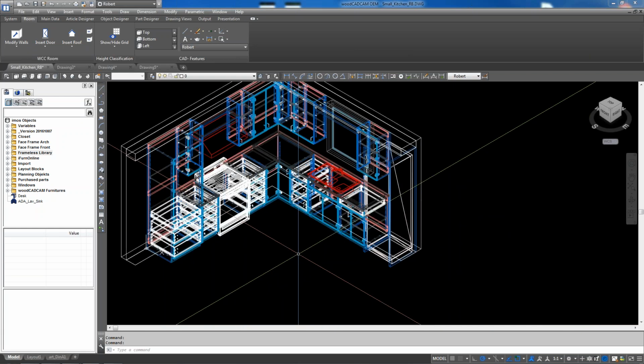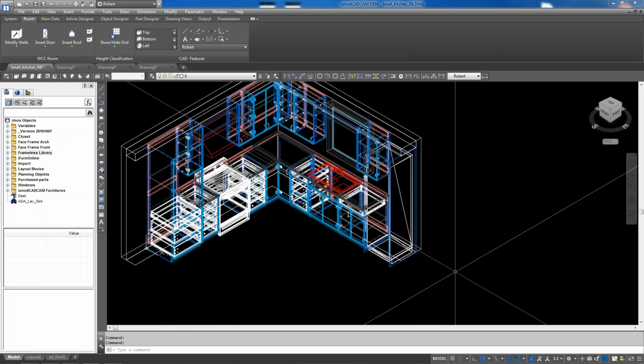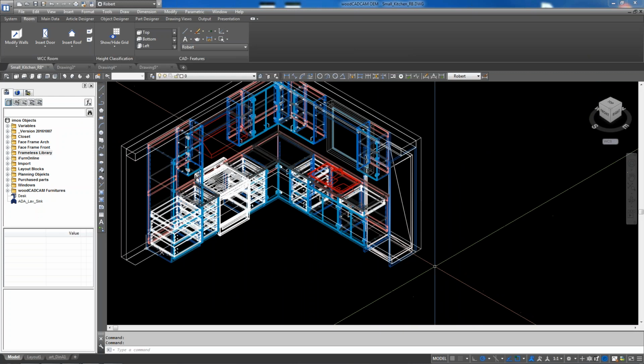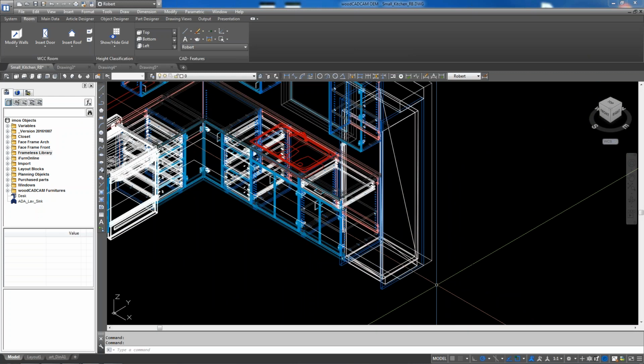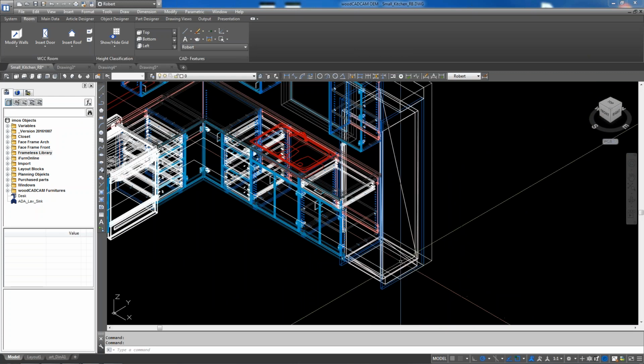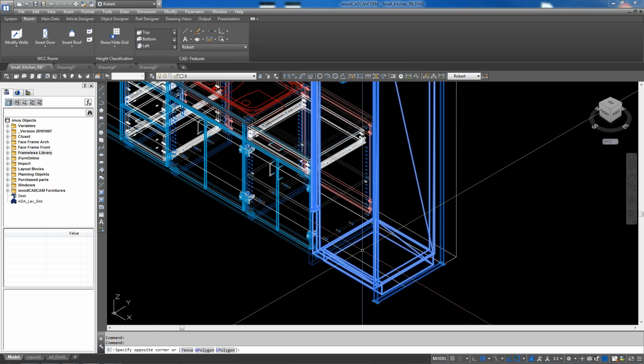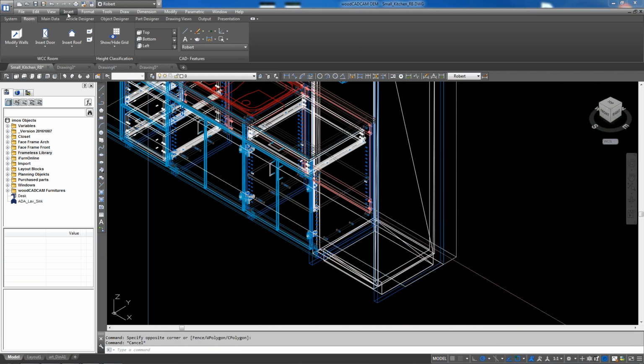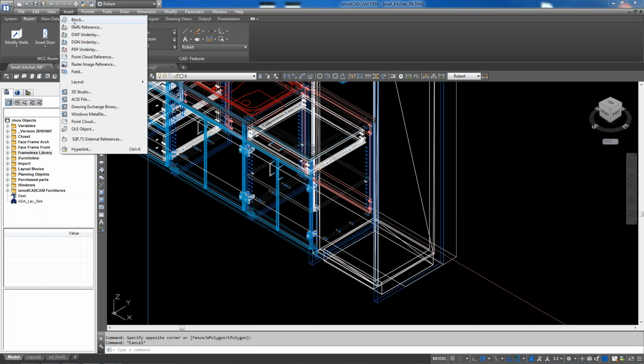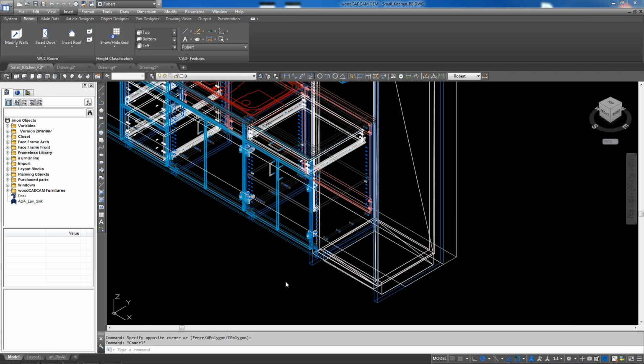My other question, if I may, is how do I add 3D models or 3D blocks of appliances from different manufacturers? Let's say I have here a refrigerator. I basically insert it as a block. Good question. But then let's say